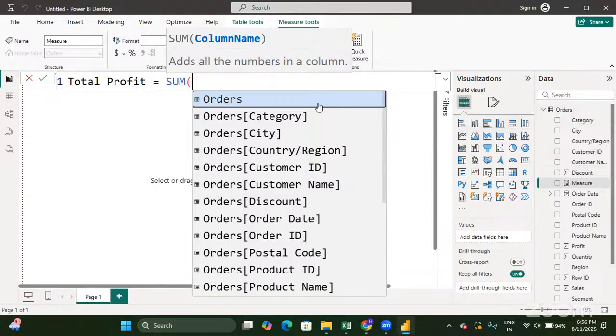So which one should I follow? Should I directly pass the column name, or should I go with the table name followed by the column name? Which one should be followed? If that is your question, the best practice is always to specify the table name followed by the column name. The best practice would be like this, guys. The reason why,